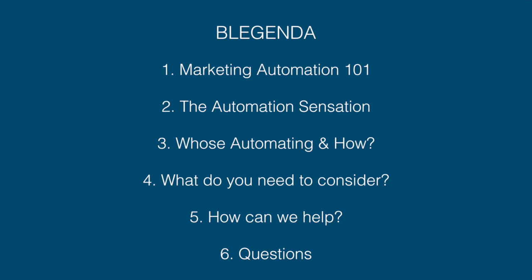So the Blagenda today, that's a very clever way we call agendas here at Blended. I know, it's ingenious. We're going to be talking about Marketing Automation 101 to start off with, as I explained before, getting a little bit into the detail of what marketing automation actually means. Then 2, we'll talk about the automation sensation, which is how inbound applies to automation practices. And then 3, we'll talk about who's automating and how they're doing it. And 4, we'll talk about what you need to consider when considering marketing automation. And then we'll be talking a little bit about Blended and how we can help, and then answering any questions